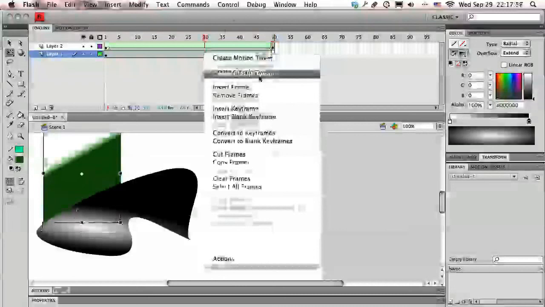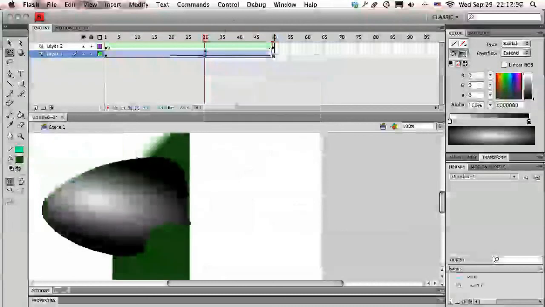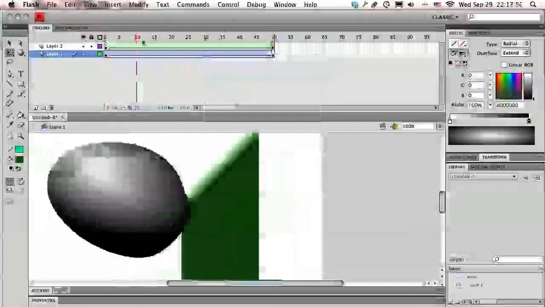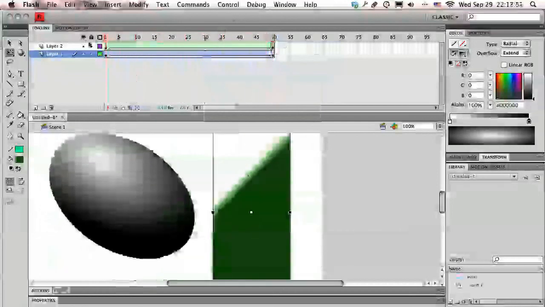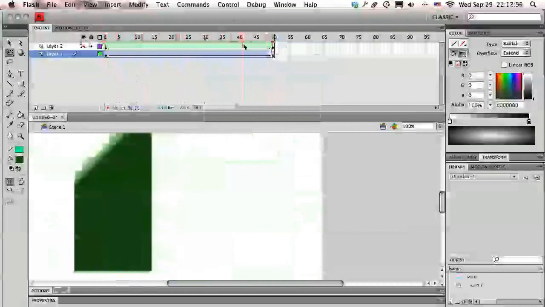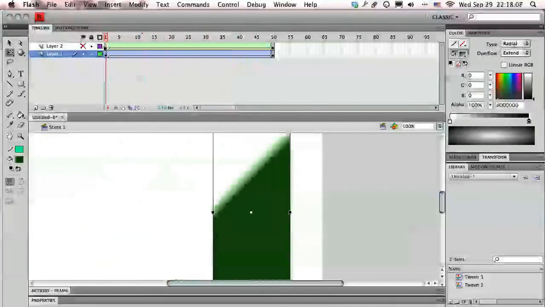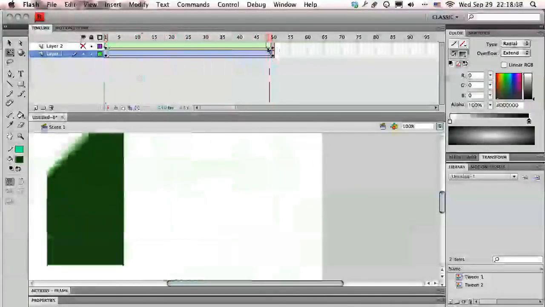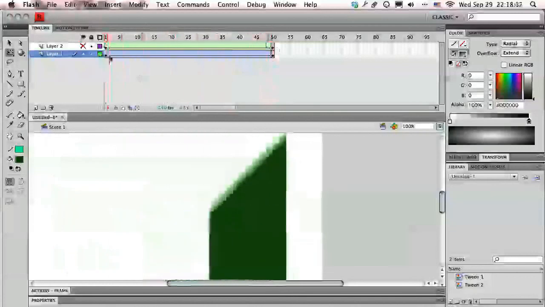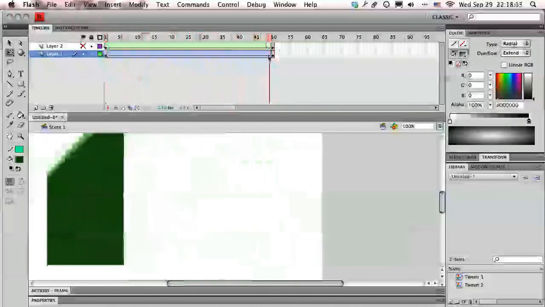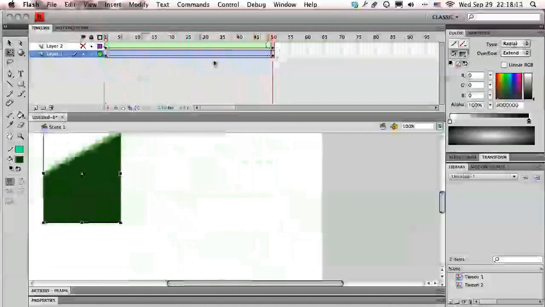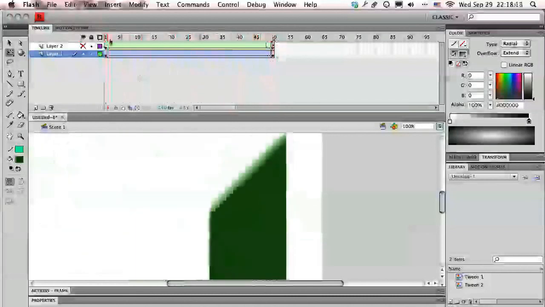So I'm going to create a classic tween, and it moves from one position to the next. But you'll notice it didn't capture the transformation, like in terms of the scale. It only tracked the motion detail. So I'm going to create a new layer,